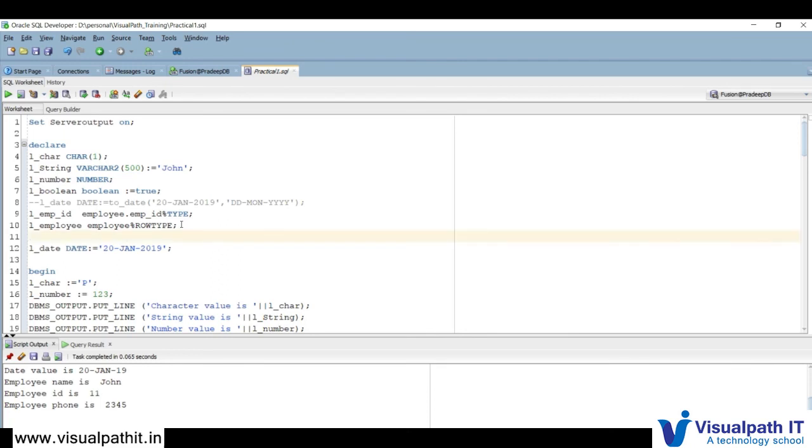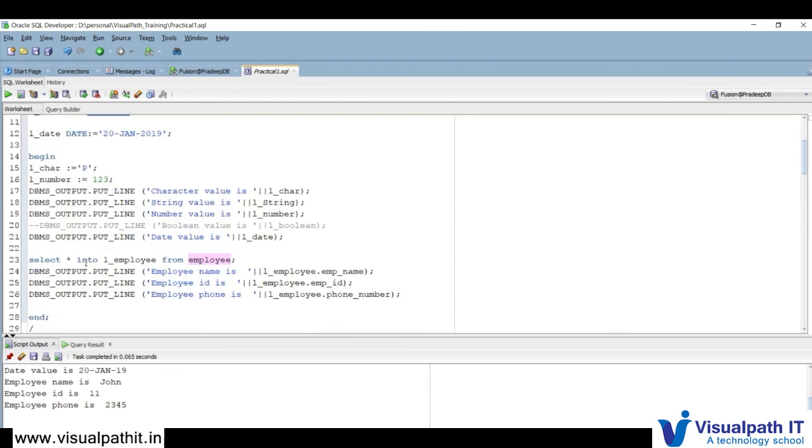With this line, L_employee has been tagged to the employee table row, and we are fetching the data from this select statement, storing all the fetched rows into this variable and fetching the values one by one.